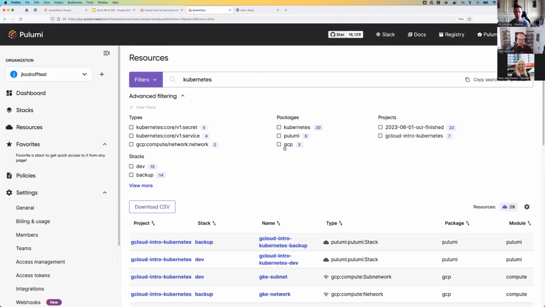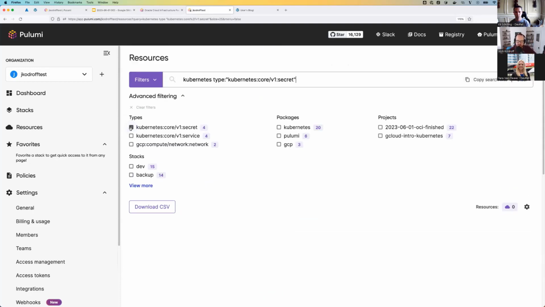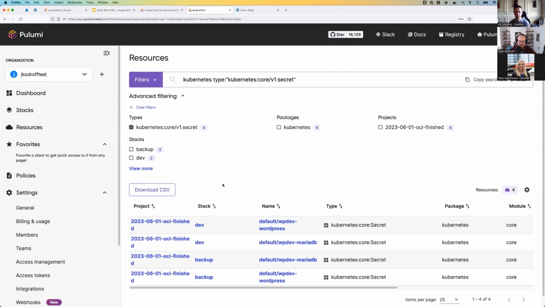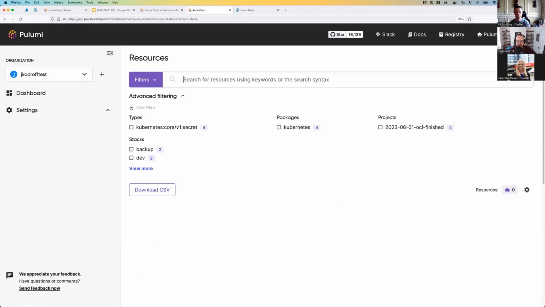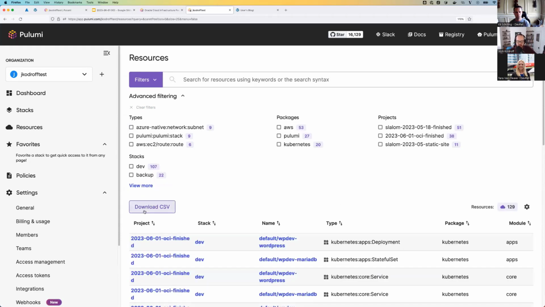All right, cool. So in addition to that, we can also filter by type. You can see that I have run the WordPress Helm chart a few times. So we have all these filters here that are super useful. And then here we can pull down all of this as a CSV. And then from there, if we want to bring that into a data warehouse, we can enrich that data as we see fit. So that is search and